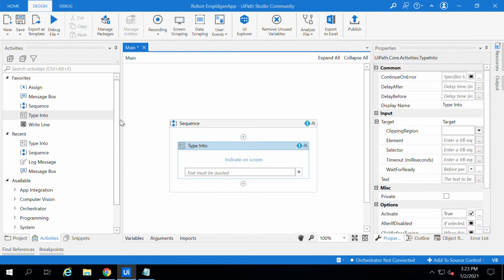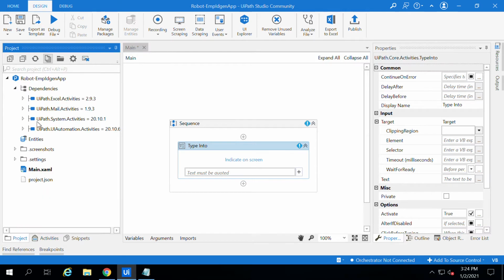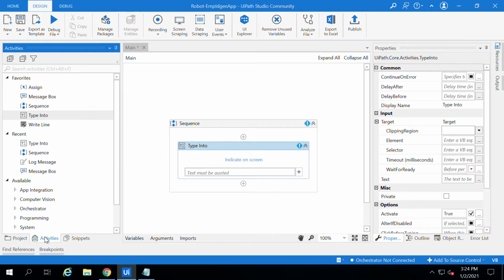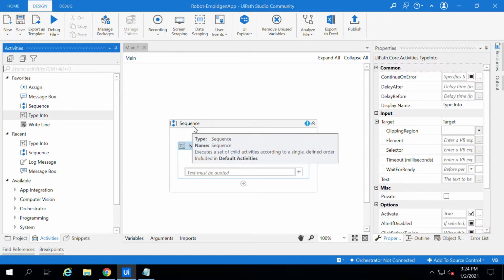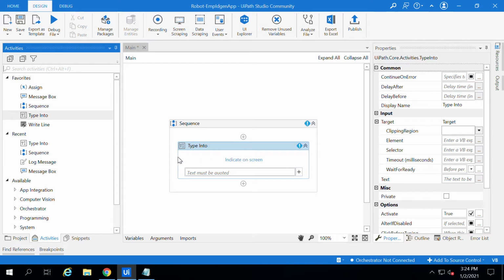So we have already created a project, employee ID generation app, and I'll go to activities. Activities are the building blocks of UiPath Studio to form any process. So I have added a sequence over here, and next we have to add some activity.